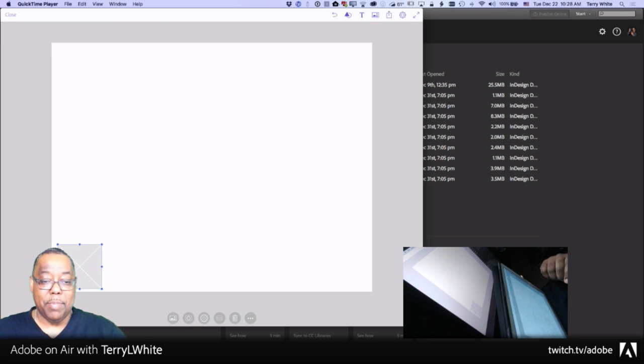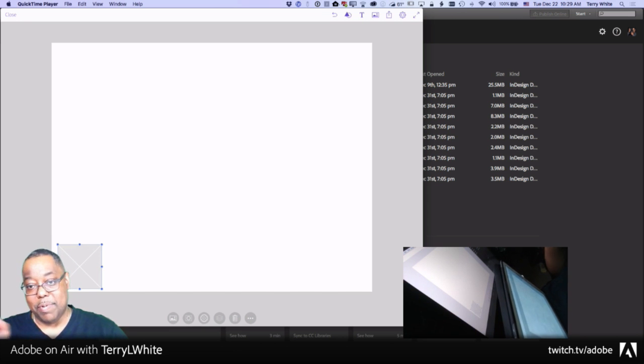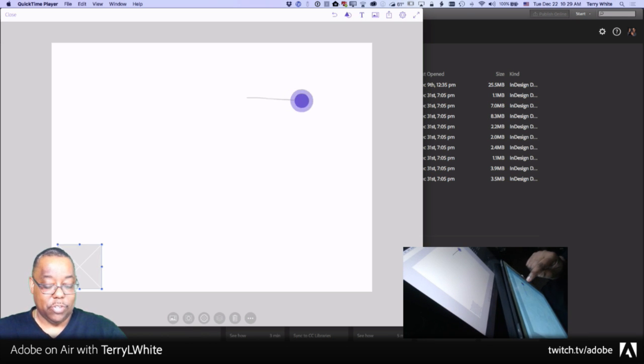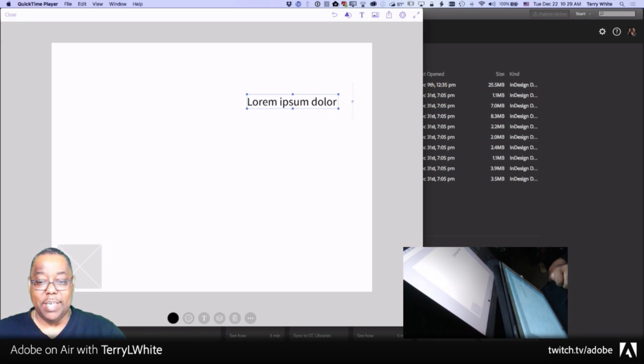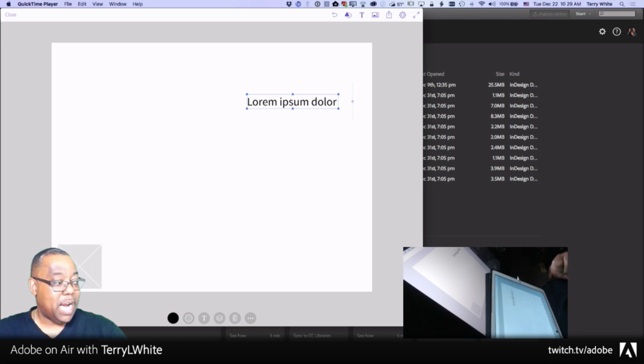Now, let's say that I'm also going to want text. To draw text, you can do it a couple of ways. You can just draw a single line and say that's going to be a headline. Or you can do it as body text, like a paragraph of text. So let's say that I want a headline in the upper right hand corner. Think of this as like a 3-panel brochure. So I could draw my line and put a dot on the end of it. Once I draw my line and put a dot on the end of it, then it knows to make that